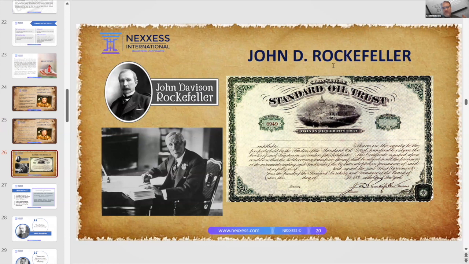He used the trust to basically monopolize many types of industries, and the government didn't like it. He got so big and grew so fast that the government actually came in and shut him down in many cases. But he outsmarted them, because all he did was take his one trust and open up a bunch of other trusts, and basically took all of his industries and made it multiple trusts. And then he got even more wealthy. So the Rockefeller family is still some of the wealthiest people in the world.